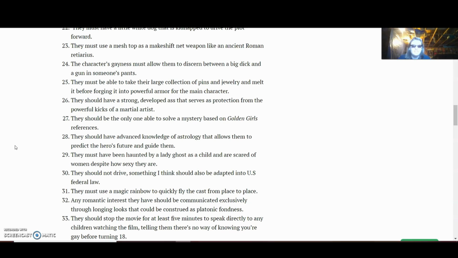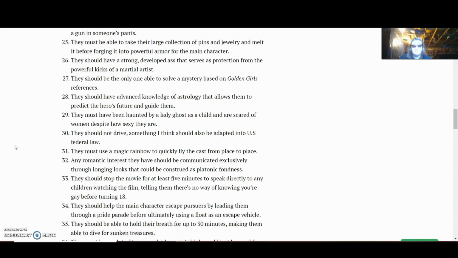Number 26, they should have a strong, developed ass that serves as protection for the powerful kicks of a martial artist. Number 27, they should be the only ones able to solve a mystery based on Golden Girls references. Number 28, they should have advanced knowledge of astrology that allows them to predict the hero's future and guide them. Number 29, they must have been haunted by a lady ghost as a child and are scared of women despite how sexy they are. Number 30, they should not drive,